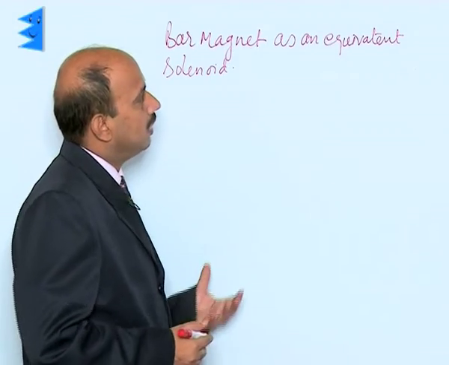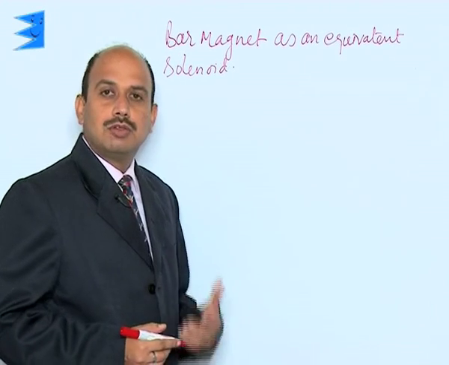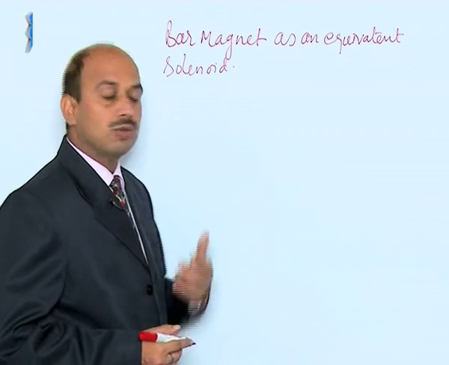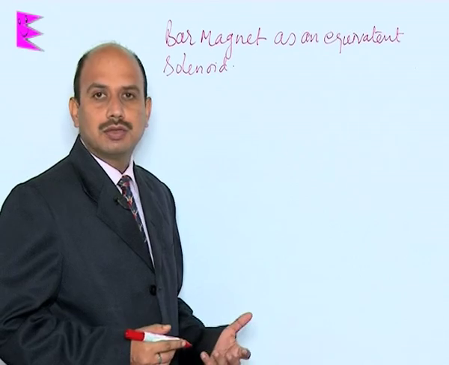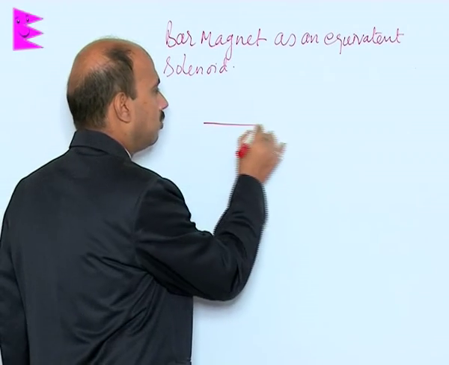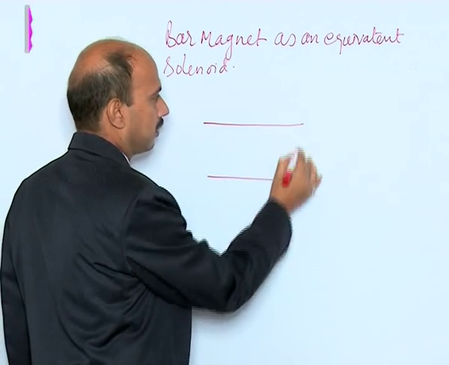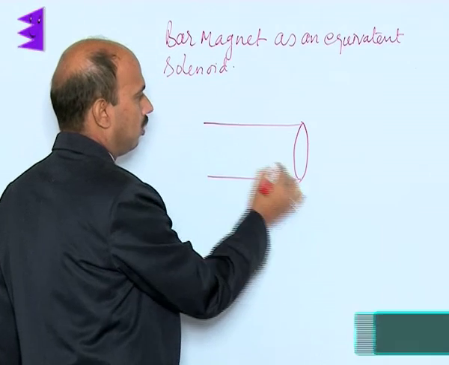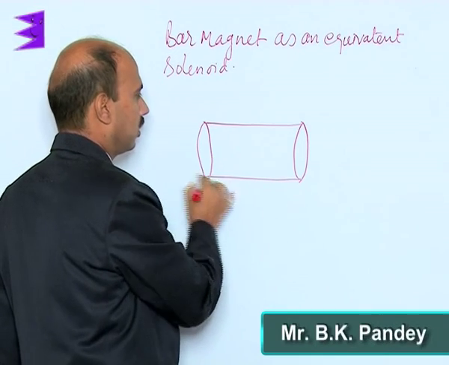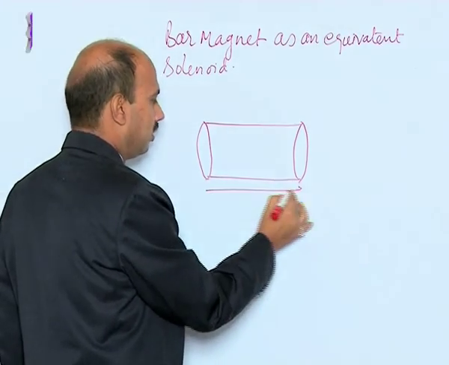Now, see a bar magnet as an equivalent solenoid here. So now we have to actually show that the solenoid behaves as a bar magnet. Suppose you have taken a solenoid like this. This is a solenoid whose length is L,